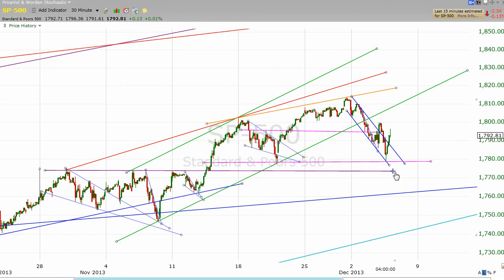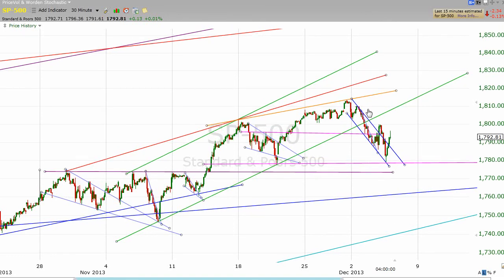So I think this may be a good thing just to keep on the chart in case we were to rally but fail to match or beat this high at about 1813. What was that high? You know what it is. It's on the chart. If we were to say rally tomorrow to 1808 and then start to turn back down and retest this line, then we would potentially be looking at a